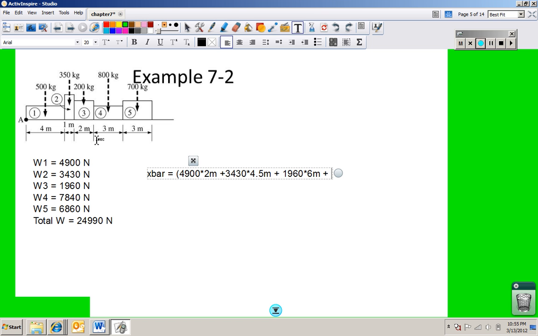And then the next one is going to be 7,840 newtons times that is going to be 7 meters plus half of the 3, 8.5 meters, plus the last box, 6,860 times, let's see, this is 5, this is 8, this is 11, plus half of 3 is going to be 12.5. And that whole thing is going to be divided by 24,990 newtons. So when I get to that, I get x bar is equal to, let's plug that in,